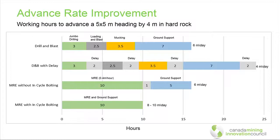If we can develop at a modest rate of 0.4 meters per hour with mechanical cutting, and we do ground support not in parallel but separately, we can expect about a 6 meter per day advance. If you start to bolt in cycle with the mechanical excavation machines, you're at 8 to 10 meters per day. And that's really the number that we've been discussing within the CMIC group. That's where we're hoping this will go. But even 6 meters per day, and we have a safer process,